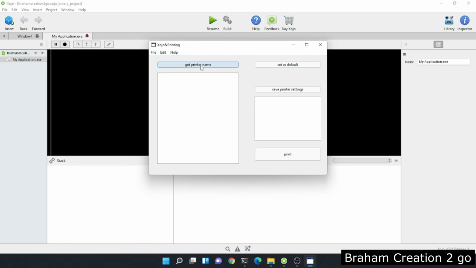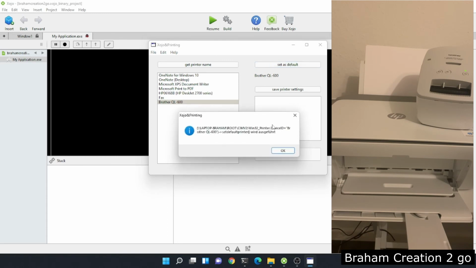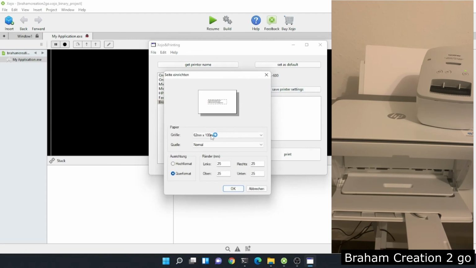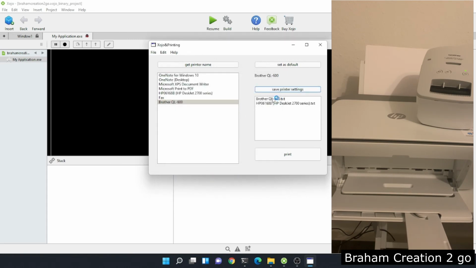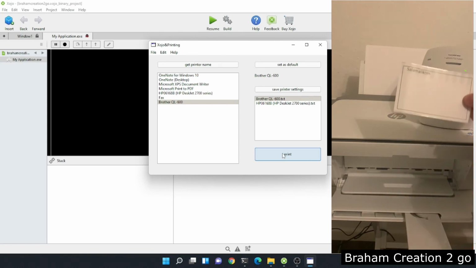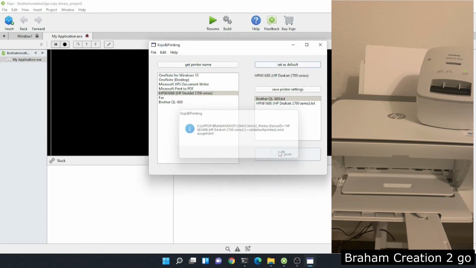Okay, get printer name. I will begin with the brother label printer. Okay, actually I have already the two settings files, so now I will choose this one and say print. Now if I will set this printer as default and choose this settings file,